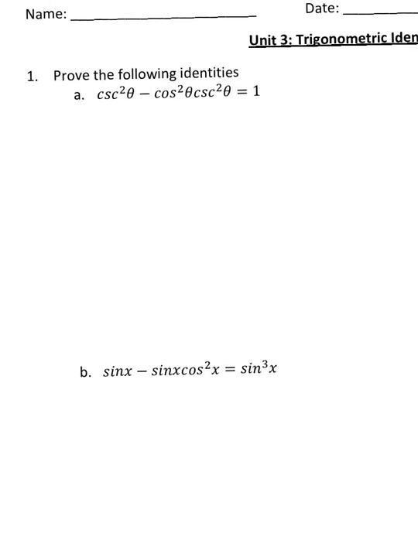So the first couple questions are going to be proving a trig identity. They are not going to be the same questions, but they're going to be something where you have to use the Pythagorean identities or the ratio identities to get to a certain trig function. So for number 1,